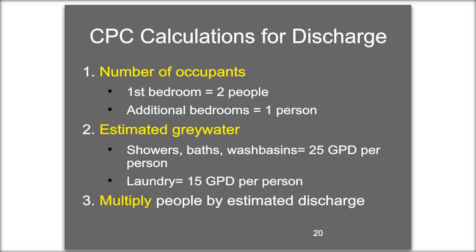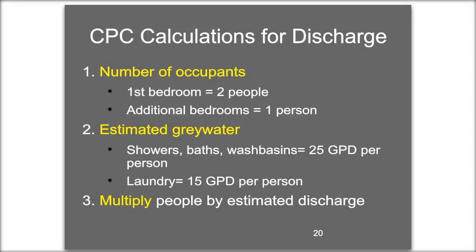So here is the CPC calculations for discharge. This is the code method. Number 1, you need to know the number of occupants, and it's based entirely on bedrooms. It has nothing to do with how many people actually live in the house. The first bedroom is seen as the master bedroom, and that's 2 people, and every additional bedroom you add 1